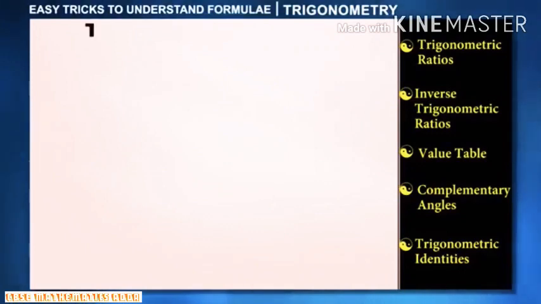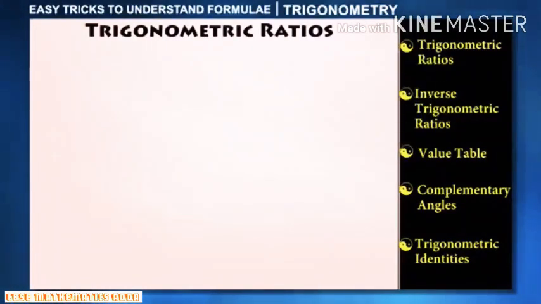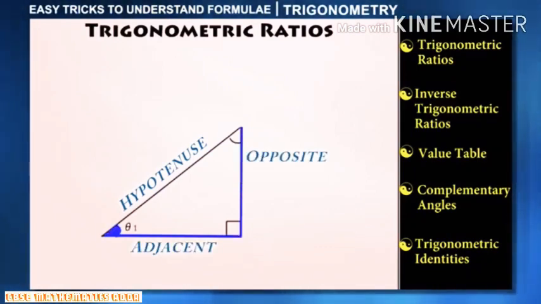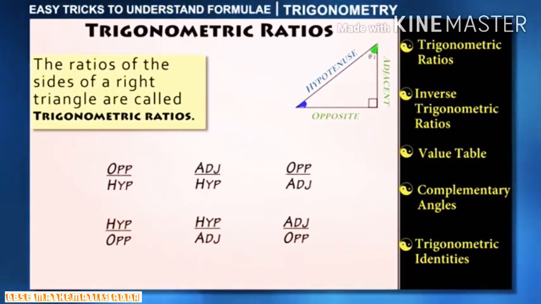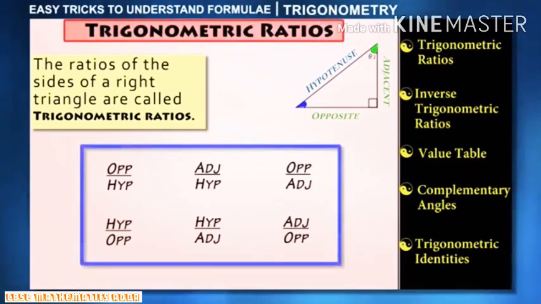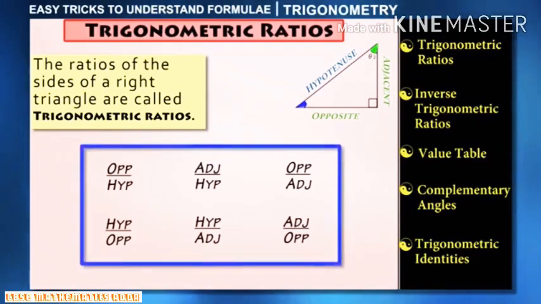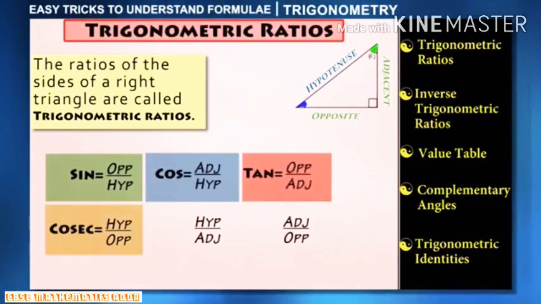Let's first talk about the 6 trigonometric ratios. So as we know, in a right angle triangle, the longest side is defined as the hypotenuse. The remaining 2 sides are called opposite or adjacent with respect to the angle we are talking about. And the ratios of sides of a right angle triangle are called trigonometric ratios. Only 6 such combinations are possible, and thus we have the 6 trigonometric ratios: sine, cos, tan, cosec,